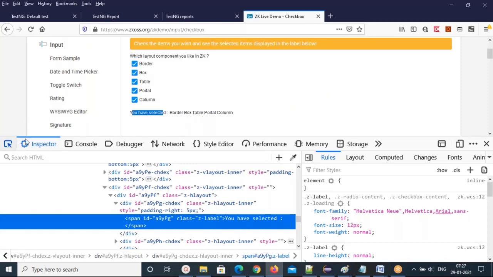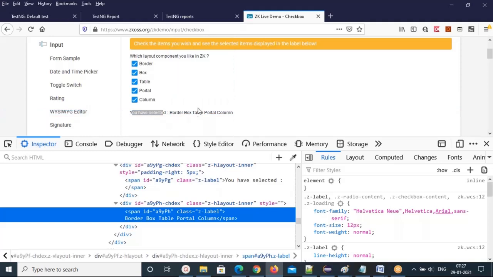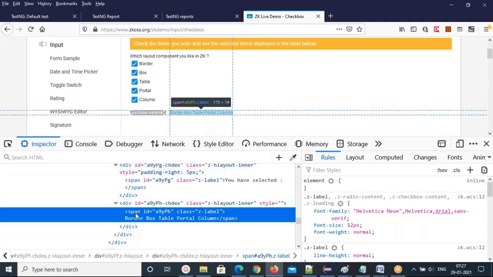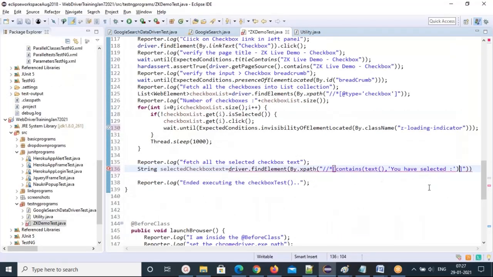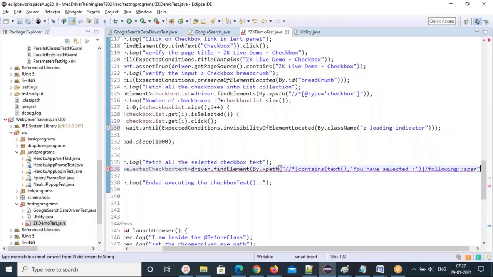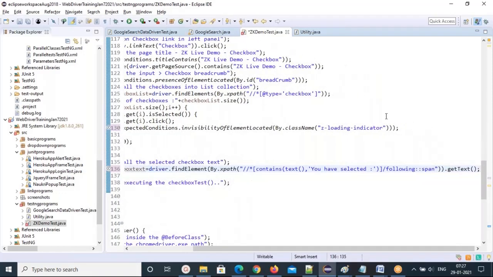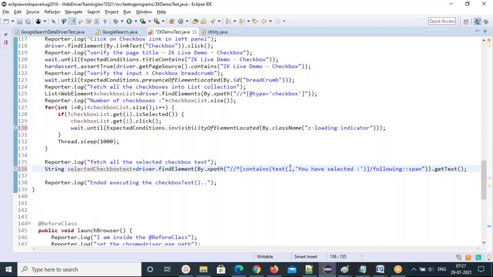Based on this, you want to identify this element. So let's identify what tag is there for this. Following, right? This one you have selected is followed by this text, so that also has a span tag. So the following concept you have to write. Then you just do slash following, which is the span tag, then you just give the getText method. That's it. Let me expand it so that you can see the full line. So this is the complete code for how to write it.